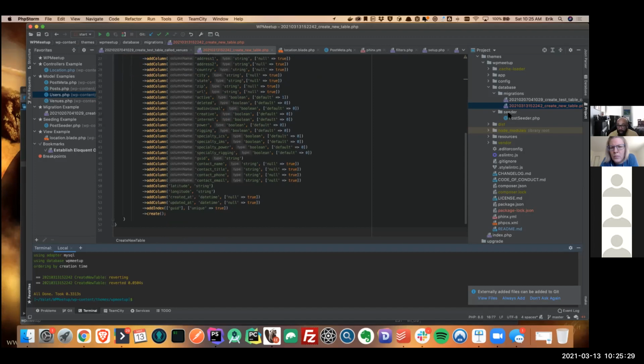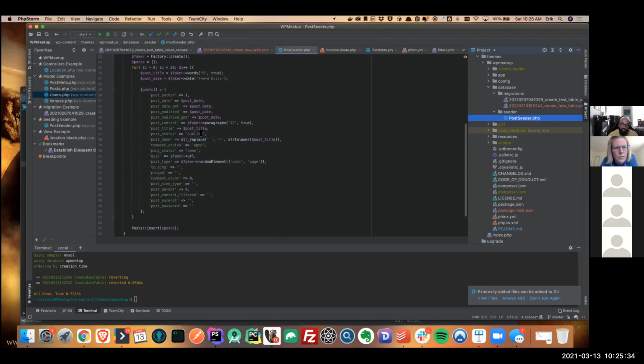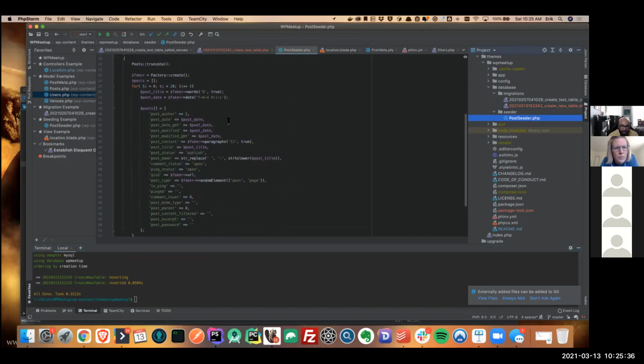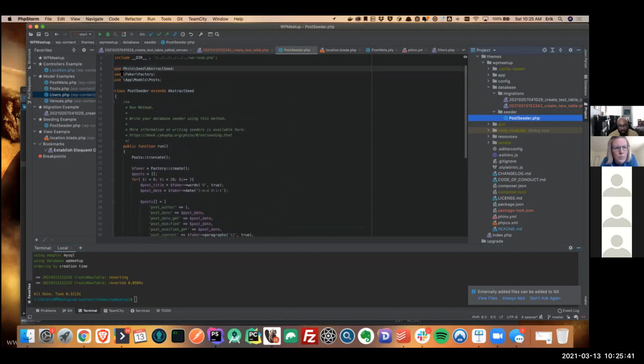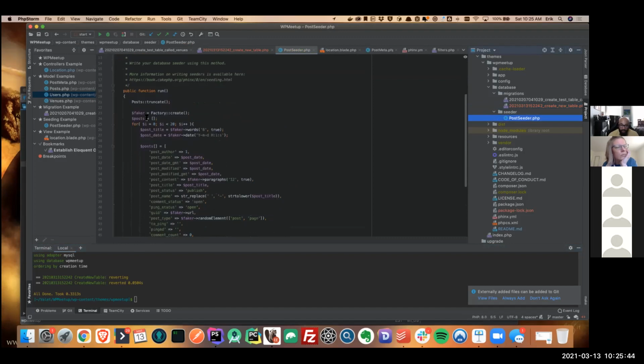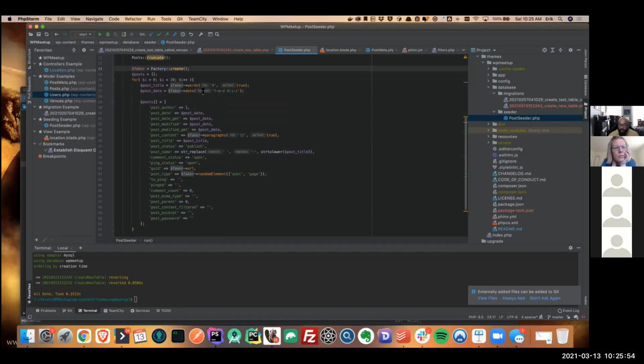Over here, I have the seeder folder. What I have here is basically the structure of a regular post. And I have this factory thing here, which is for Faker. Up here, you see I have use Faker factory, and I create a Faker object, and then I just create stuff. So here, post title, it's Faker words, and I want 8 words as text. I have a date. The only interesting thing about me doing it this way is that whenever I create the post, technically I could have a post that was created in 1970, which, whatever, makes it interesting.